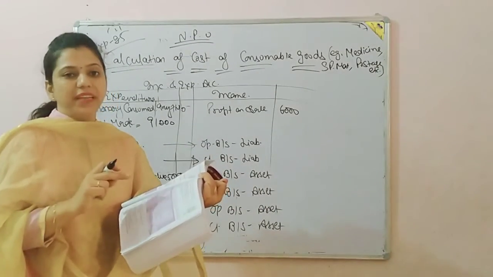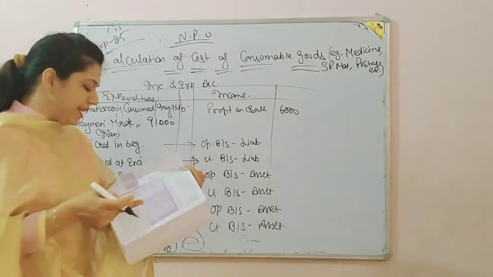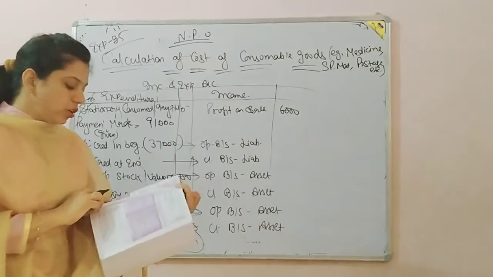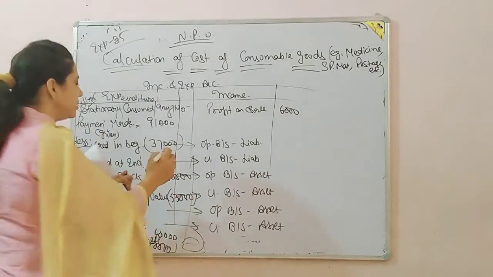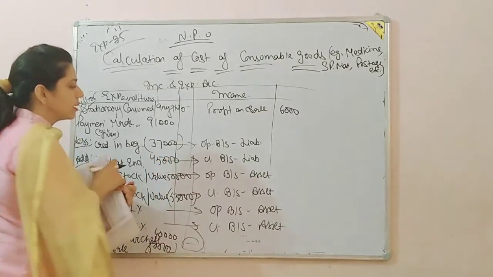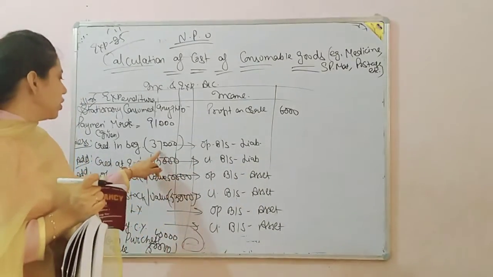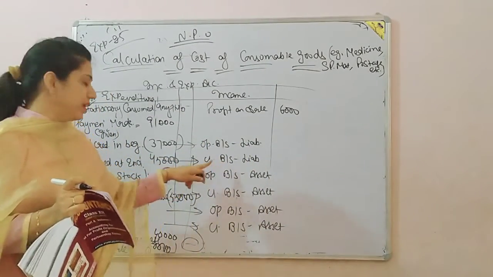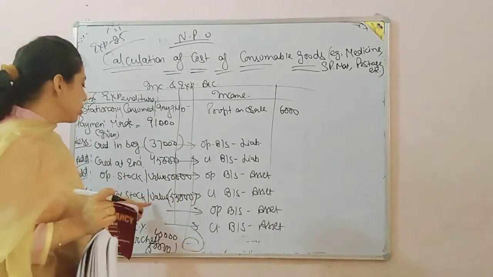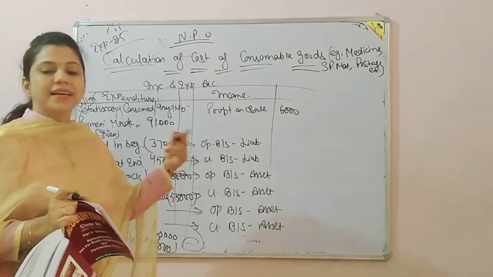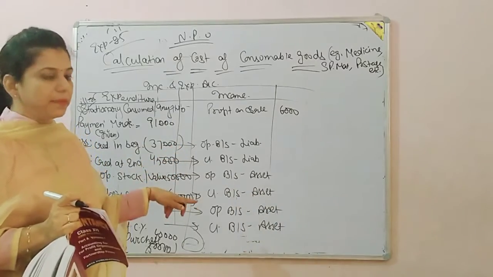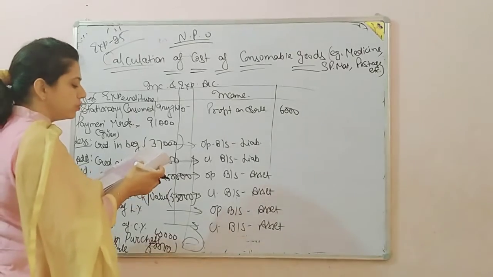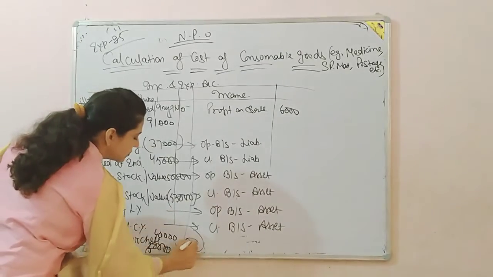Creditors for sports material. Opening creditors should be less, 37,000. And closing creditors are 45,000 and they are added. And what about their double treatment? Opening creditors, opening balance sheet liability. Closing creditors, closing liability. Opening stock, opening asset. Closing stock, closing asset. Opening means last year's balance sheet and closing means current year's balance sheet. I hope it is clear. At the end we will get the consumed balance, that is 84,000.